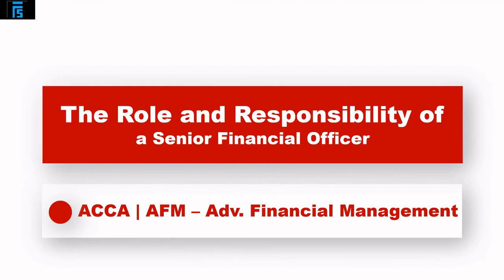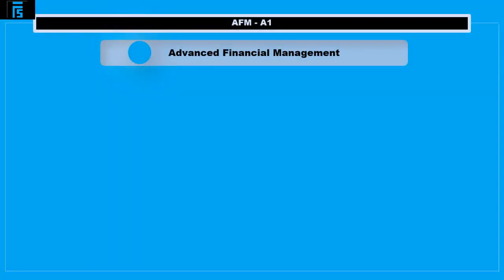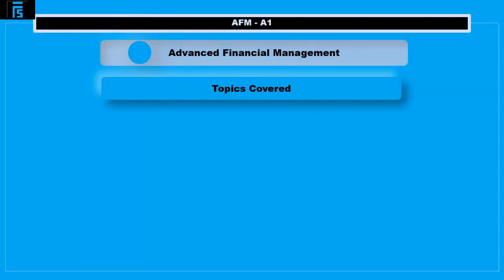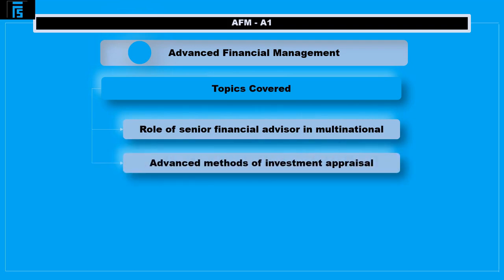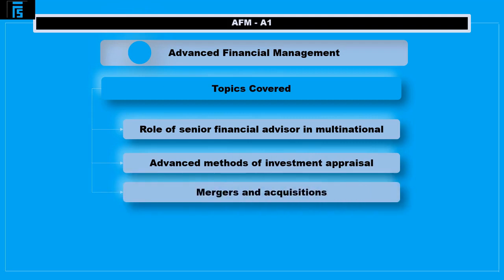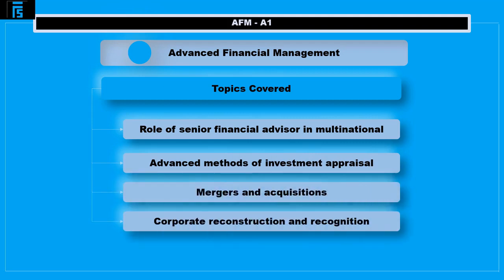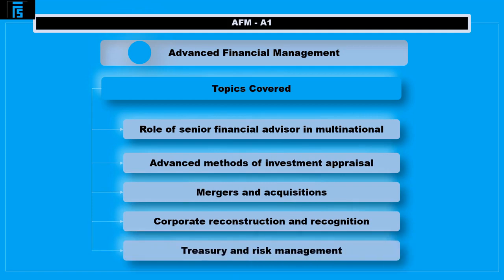This training program consists of 20 modules devoted to the various areas within the interest of a financial officer at a multinational company. More specifically, these topics include the role of a senior financial advisor in a multinational organization, advanced methods of investment appraisal, mergers and acquisitions, corporate reconstruction and reorganization, and finally, treasury management as well as risk management